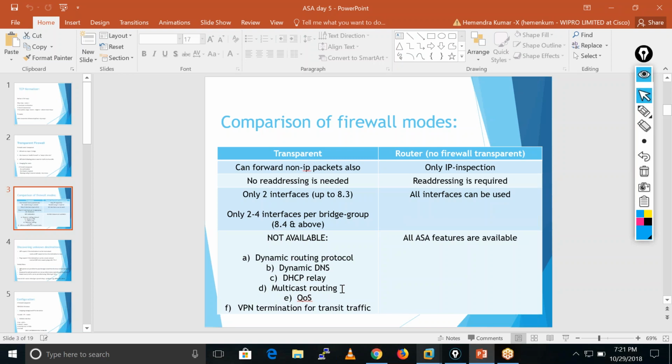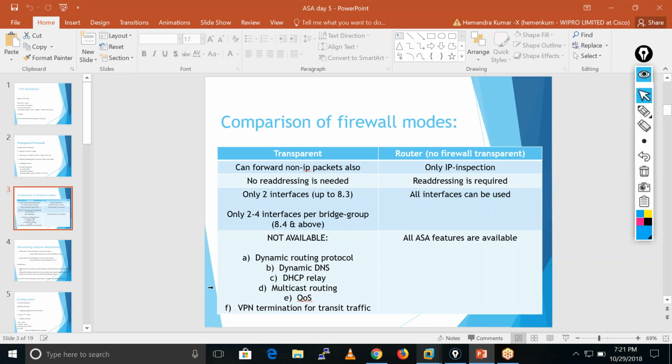Protocols like ISIS are not supported. It also doesn't support the quality of service feature or VPN traffic. We can't configure IPsec site-to-site VPN, IPsec remote access VPN, or SSL VPN in transparent mode. These are the features not available in transparent mode.